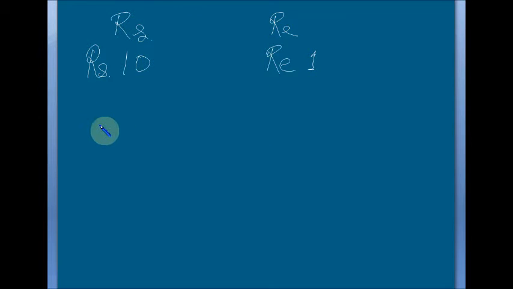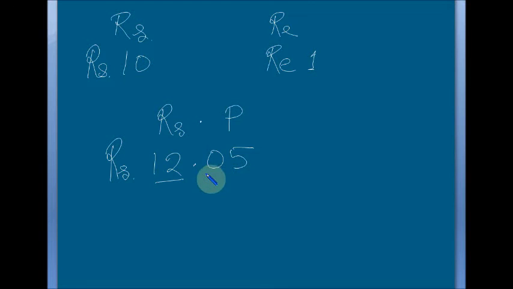Okay, so if there is no paise, then we can write 0.00 here. We will use a point to separate rupees and paise. At the left side there will be rupees, and on the right of the decimal there will be paise. For example, I am writing here 12.05, right? So if this is written, that means rupees 12.05, that means 12 rupees and 5 paise.